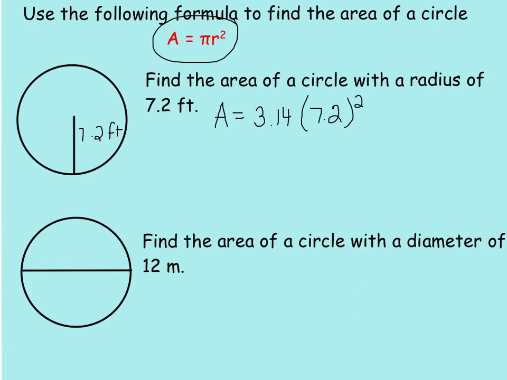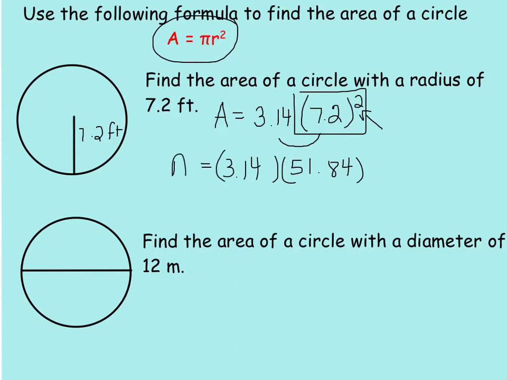Now, when you go to solve something like this, you have to think about the order of operations, because here we have multiplication, but then we also have exponents. And what does PEMDAS tell us to do first? You got it, exponents. So really we need to take 7.2 to the second power first, and that equals 51.84. Now we can go ahead and multiply that by 3.14, and that will give us our area. So our area equals